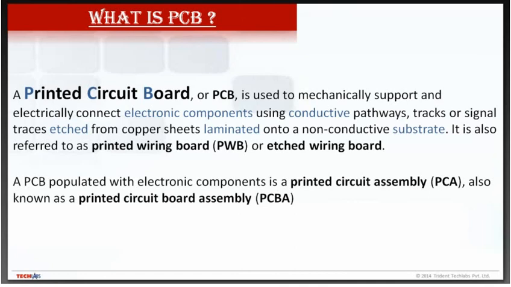What is a PCB? It's a printed circuit board, which mechanically supports and electrically connects the components using conductive pathways, tracks or signal traces etched from copper sheet and laminated onto a non-conductive substrate. Some components or materials of the PCB I have mentioned.